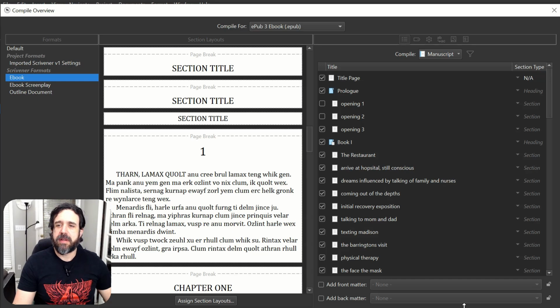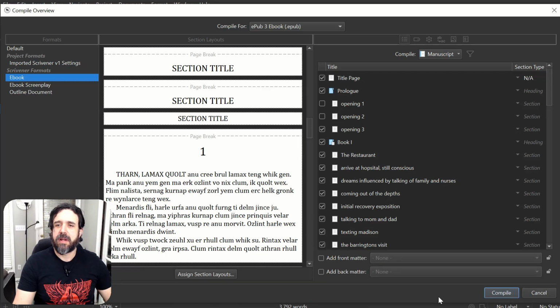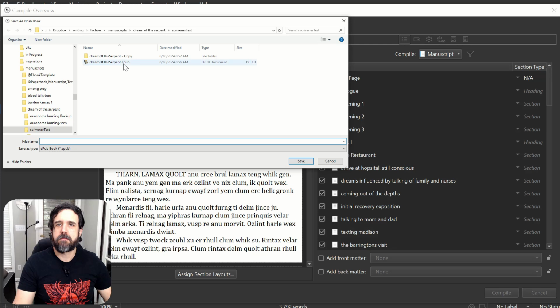So then we hit compile, and you can see that I've already done one. You just type in the file name, you hit save, and it takes a moment, but it works through and saves it as this. Let's go ahead and take a look at that so that I can show you what I am talking about when I talk about the metadata, when I talk about the